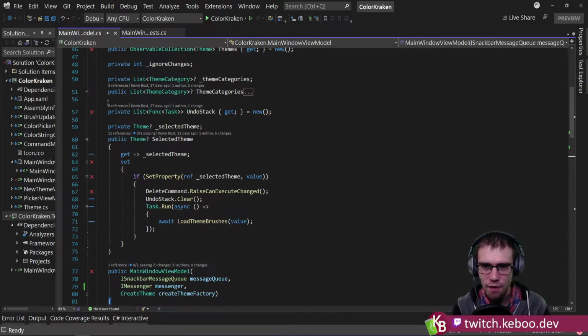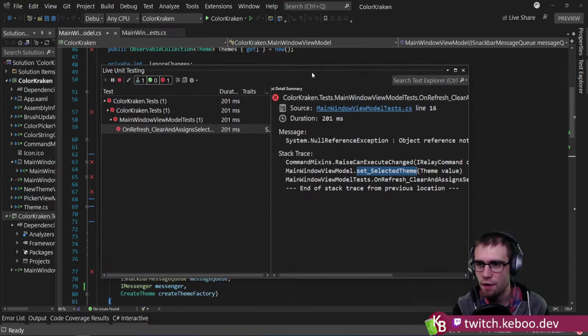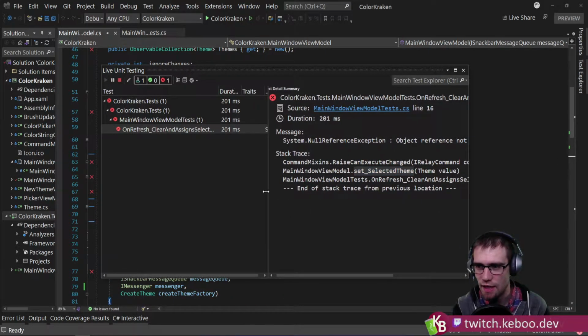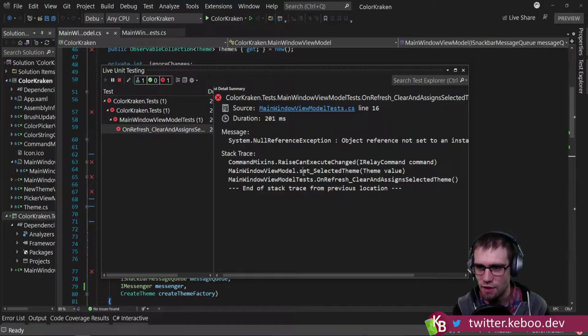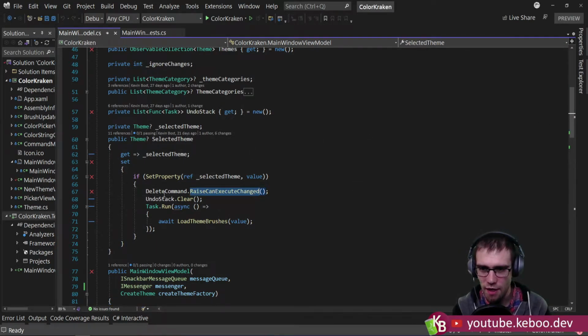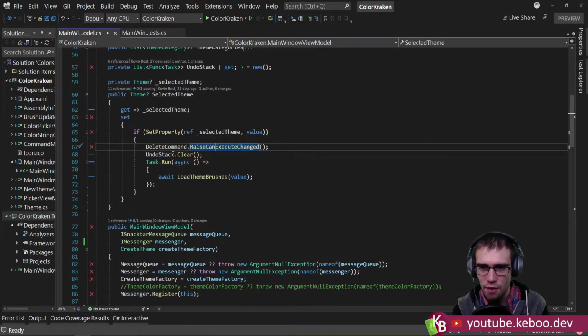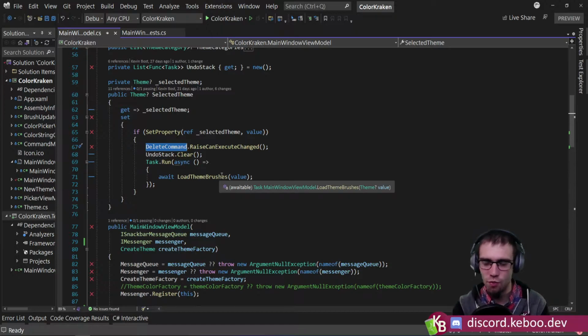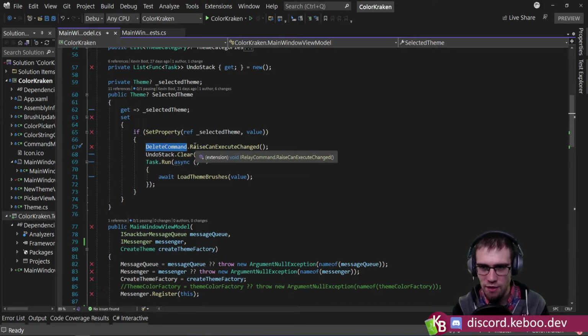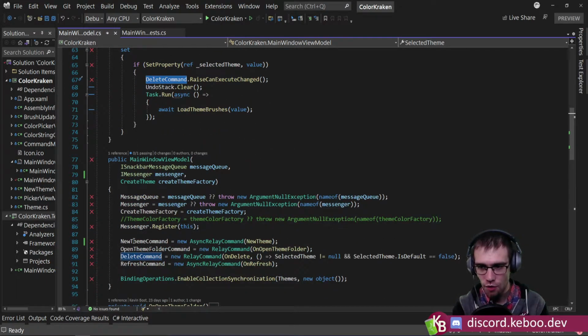So what is happening? Just following along, the test runner gives you a stack trace of where the exception occurred. We can see that it was in the setter for the selected theme property, and then it's flowing into the command mixin's raise can't execute changed for a relay command. So here, raise can't execute changed. You kind of have to know a little bit about how the commands work, but I know this means that the can't execute changed delegate for this command is what blew up. So if I come down here, I look at its can't execute delegate,